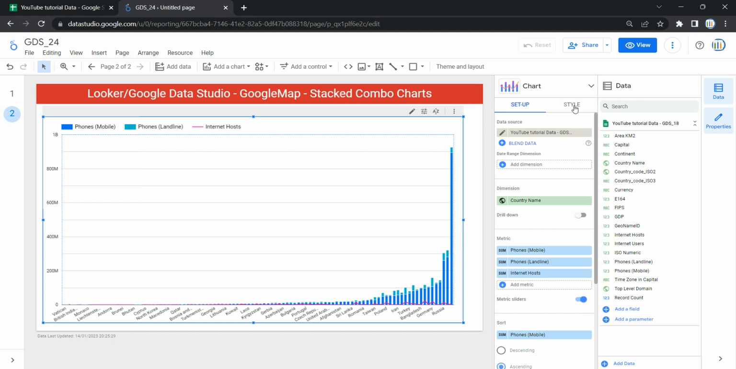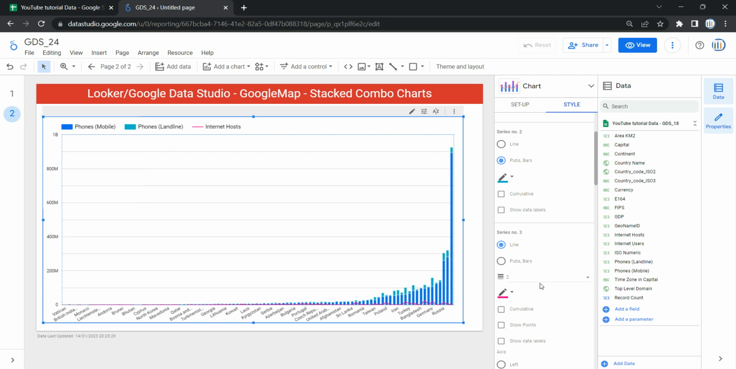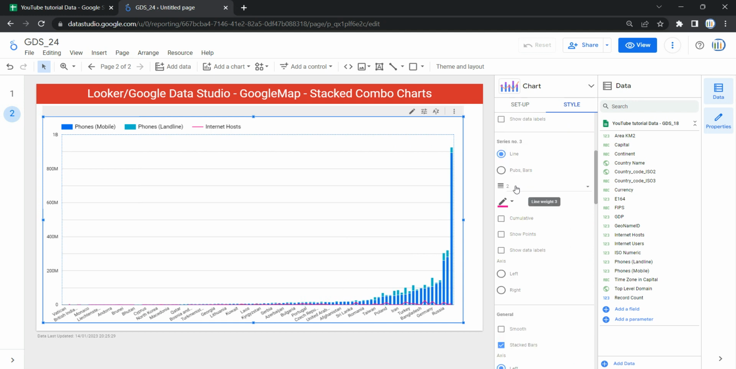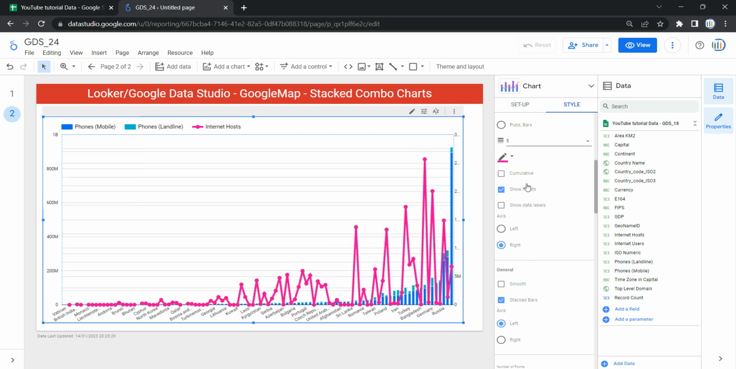Okay, moving on. So for our internet hosts, as you can see over here, I want this internet host as a line graph. So I have to select series 3 as line graph. Now if I want to increase the line width, I can do it from here. Let's put it as 5. Okay, and show points. And if you want to change the axis of this line graph, you can do it from here. You can put it as right. Let's reduce the size to 2. Okay,